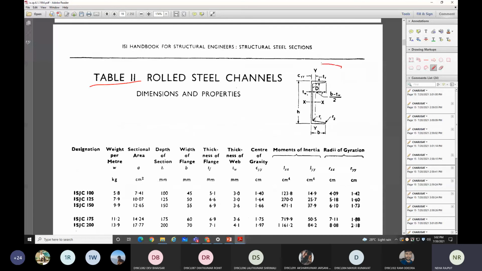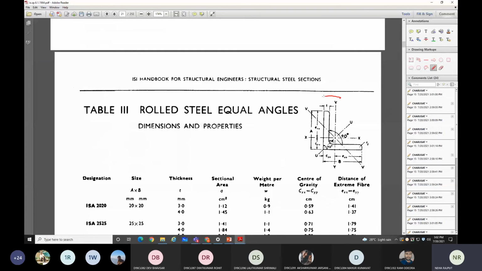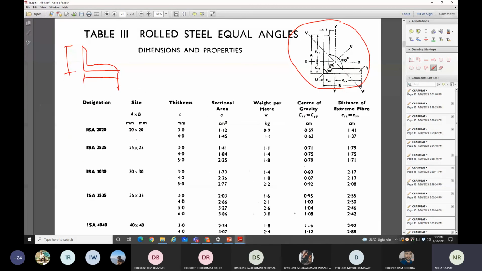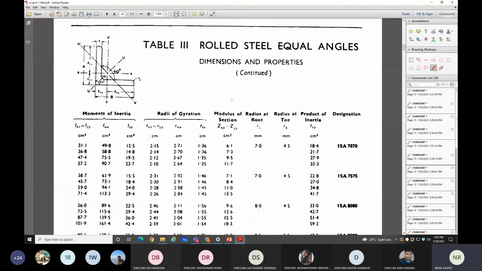फिर टेबल 2 में आपको मिलेगा चैनल सेक्शन, table 2 is having the channel section, बराबर? तो ये पूरा चैनल सेक्शन की प्रॉपर्टी। फिर आपको टेबल 3 में मिलेगा इक्वल एंगल सेक्शन। इक्वल एंगल सेक्शन मतलब अगर ये आपका एंगल सेक्शन है तो ये डायमेंशन और ये डायमेंशन दोनों सेम हो, उसको बोलते हैं इक्वल एंगल। उसका ISA डेजिग्नेशन है। ISA का मतलब इंडियन स्टैंडर्ड एंगल 20/20, 20/20 मीन्स यह भी 20, यह भी 20। फिर थिकनेस दिया है, ठीक है। All other properties are given. So this is equal angle, this is also equal angle,